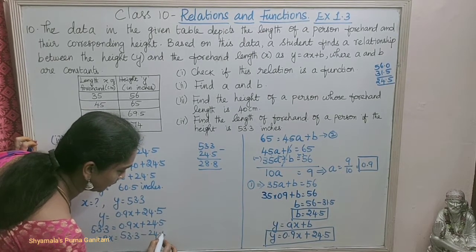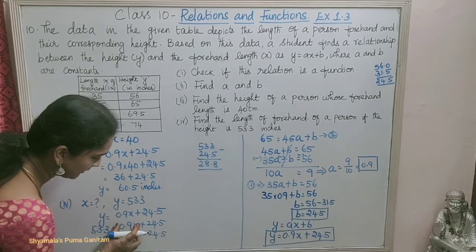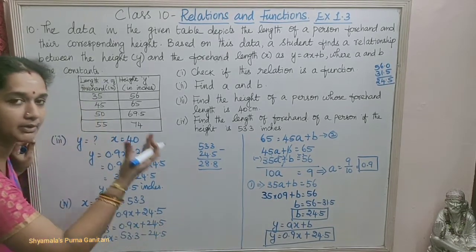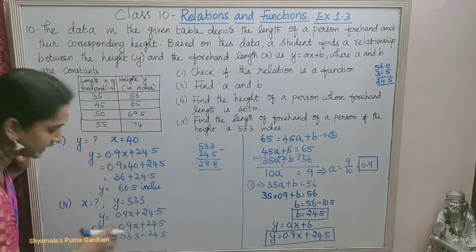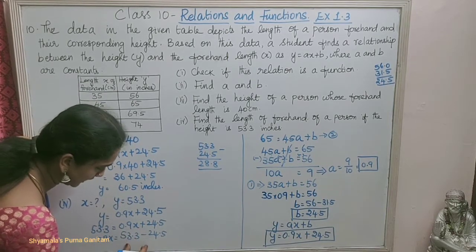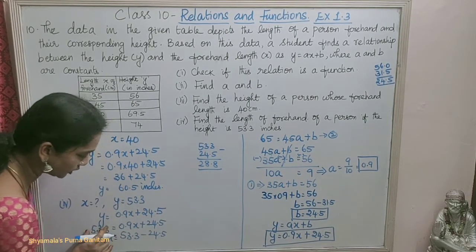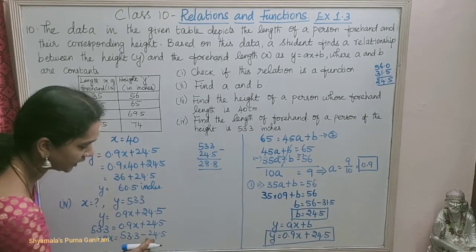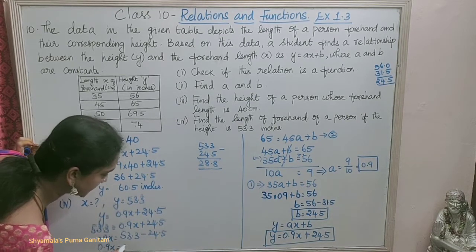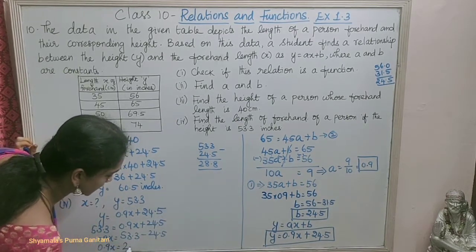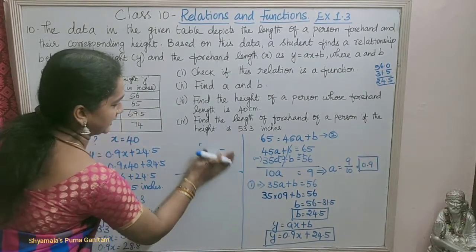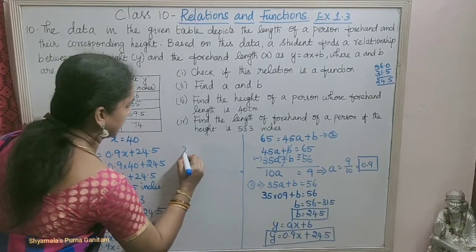So when we bring this here, we will get this equation as 0.9x is equal to 53.3 minus 24.5. So I will keep this 0.9x as it is on one side. Then this 24.5 I will be subtracting, I will be bringing it to the other side. So I will get an equation like this. 0.9x will be here. 24.5 I will bring to the other side. So that only I wrote it here. 53.3 minus 24.5. So this will be 0.9x is equal to 28.8.